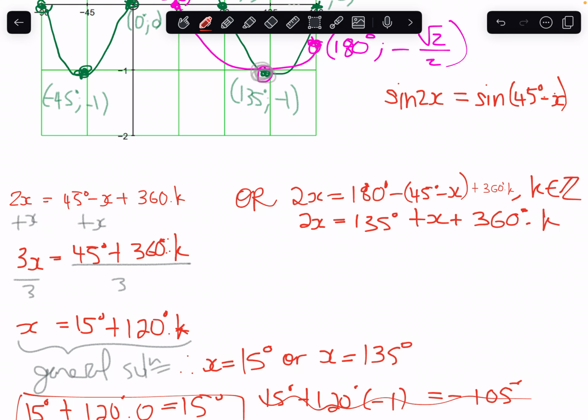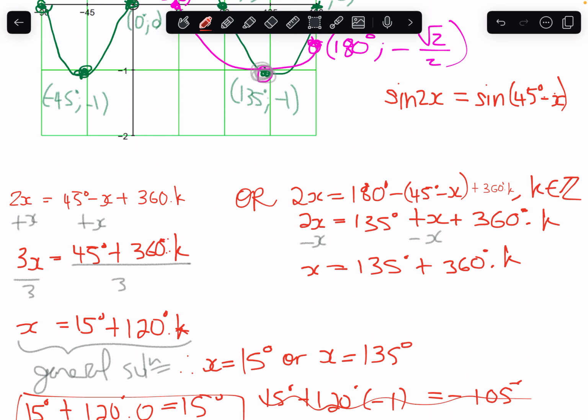Okay, and if we minus x on both sides, so that'll give us x is 135 degrees plus 360 times k. I feel like people more often say k360, so I don't know why I'm writing it this way. But anyway,